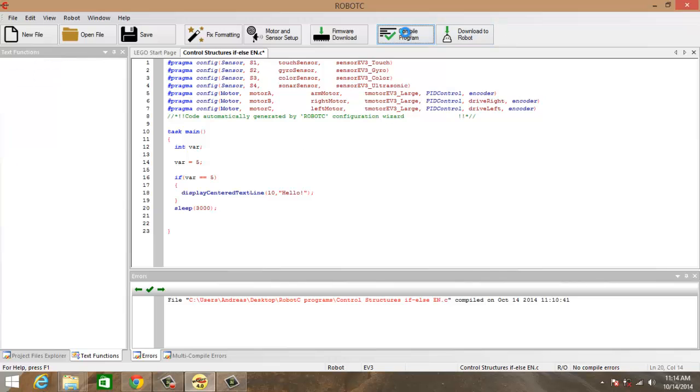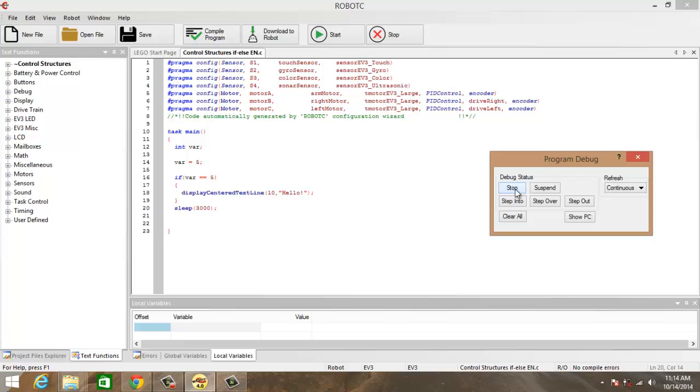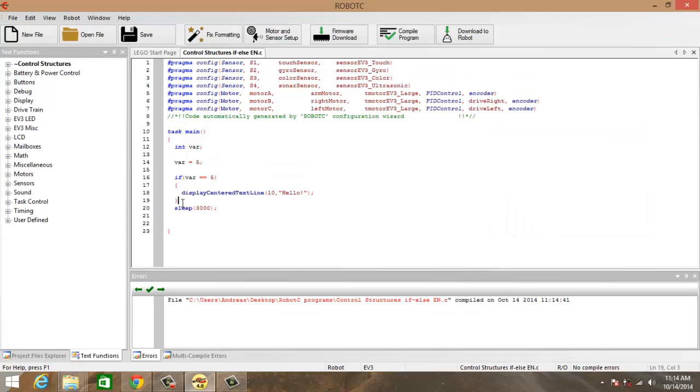Now let's go ahead and compile this, download to robot. And as we can see, we have hello displayed in the center of our screen for 3 seconds. We could check for other values, if we said else. So this would be, let's say, a default case, which would be display